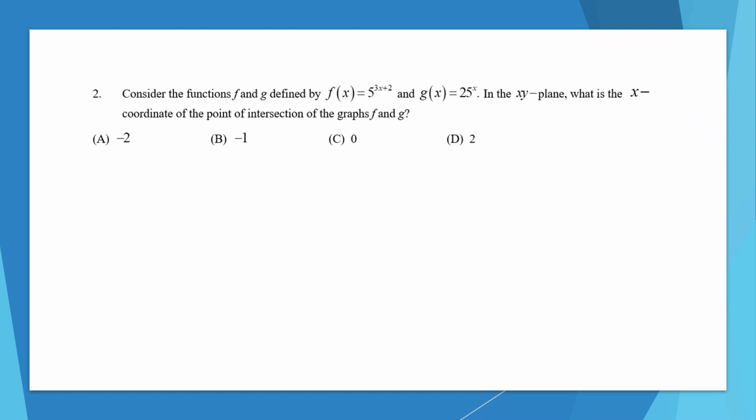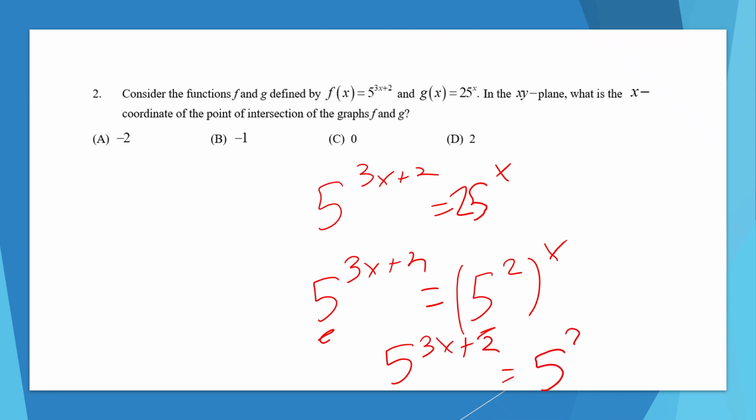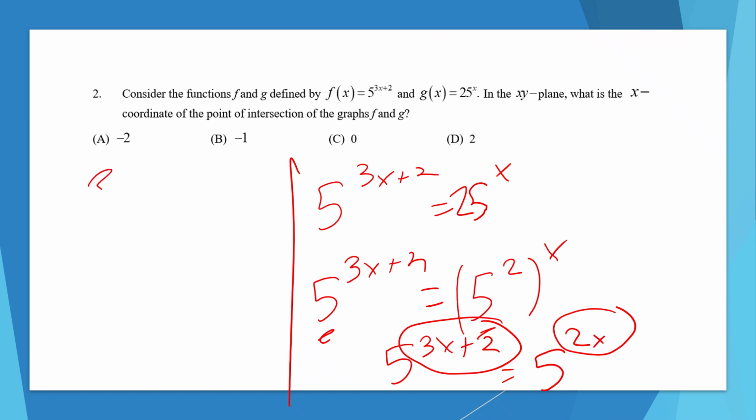Number 2, what is the intersection point between these two equations? So just set them equal to each other and solve for x. So one, we want to get the same base. So we can leave that left side as is for now and rewrite 25 as 5 squared, where we get a base of 5 to match that base of 5. Then we want to rewrite this: 5 to the power of 3x plus 2 equals 5 to the power of 2x. Remember, if we have two bases that are the same, we can set the exponents directly equal to each other,